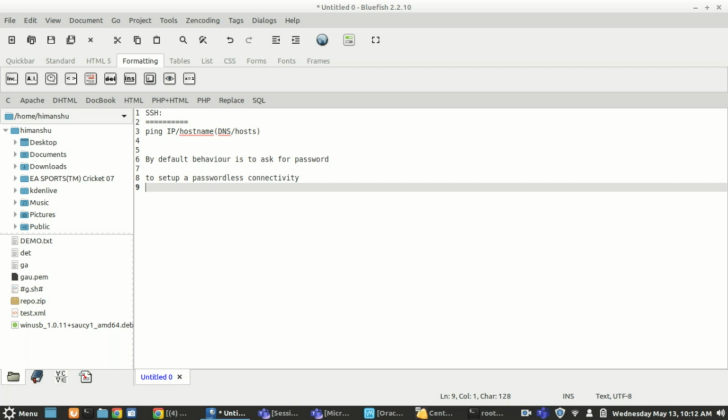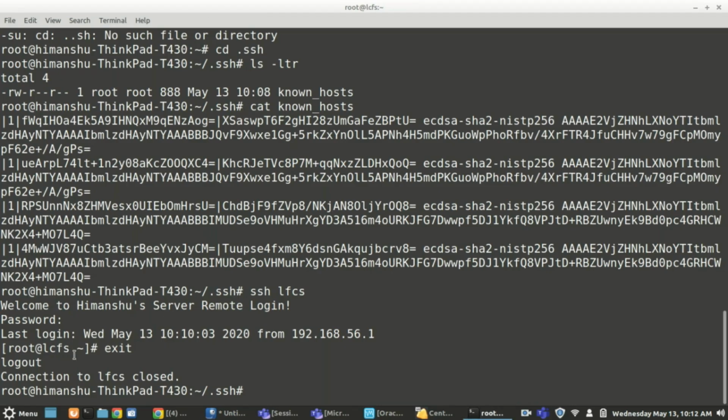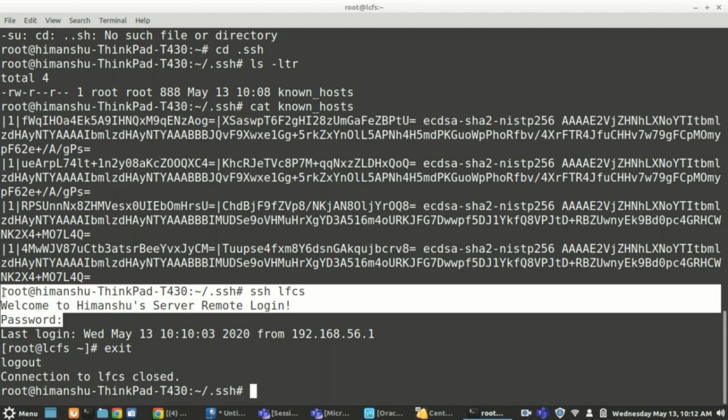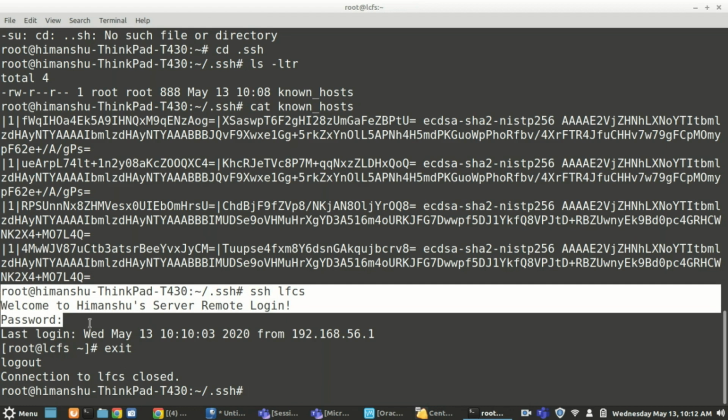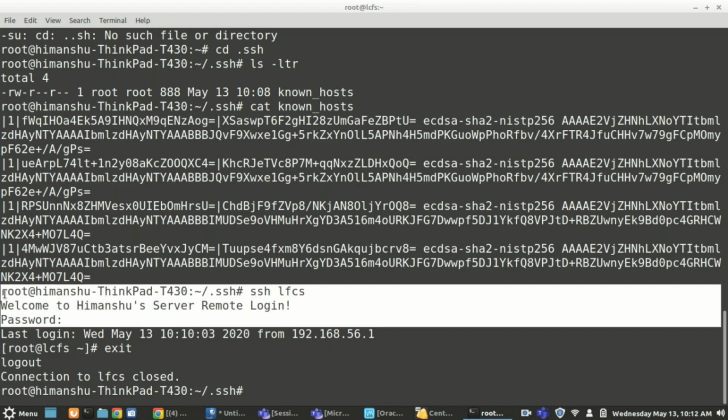With SSH, remember you cannot input a password using a shell script. The prompt that is coming here, whenever it is asking for the password when I'm doing SSH, you cannot automate this part because of security restrictions. SSH will not take any input from an automated script.